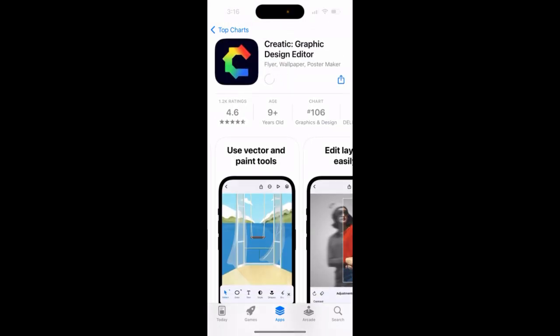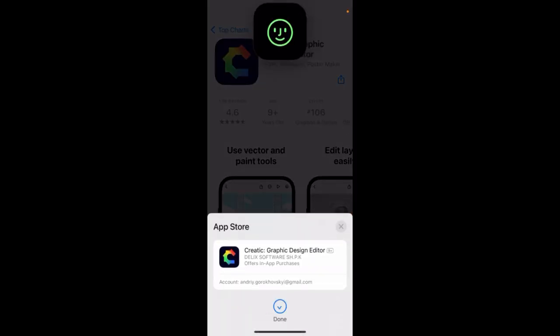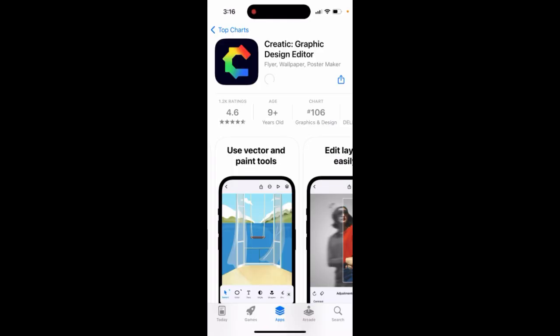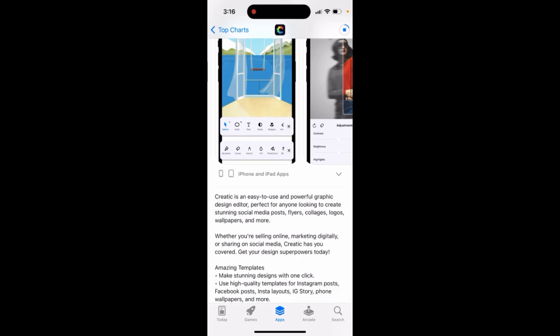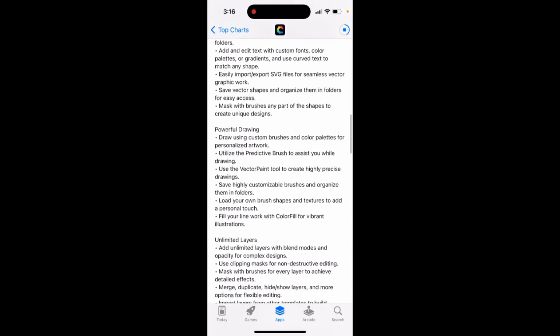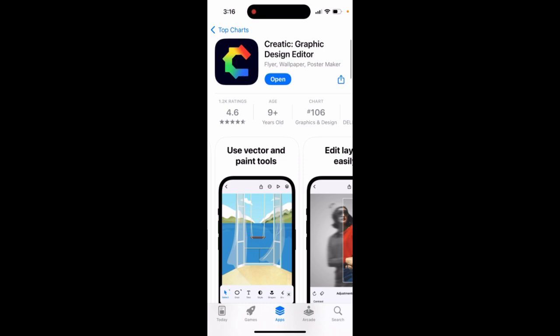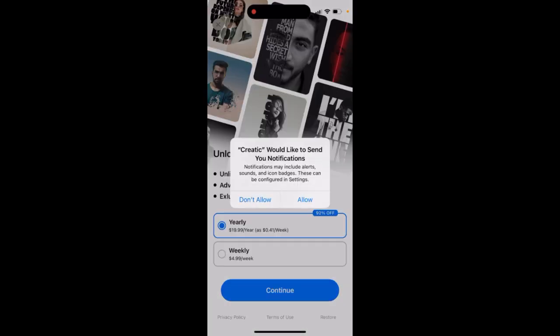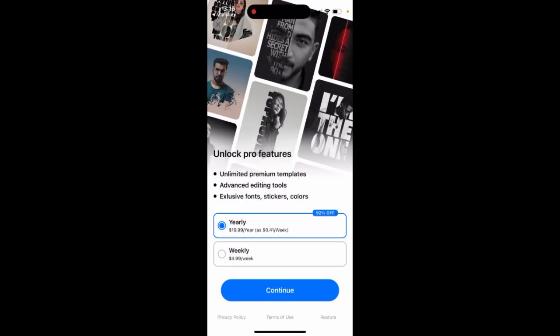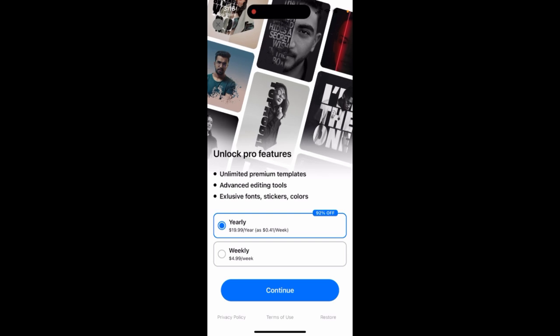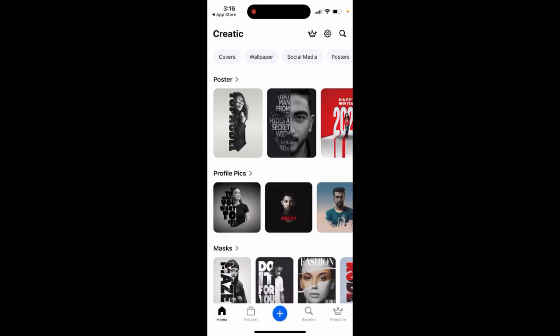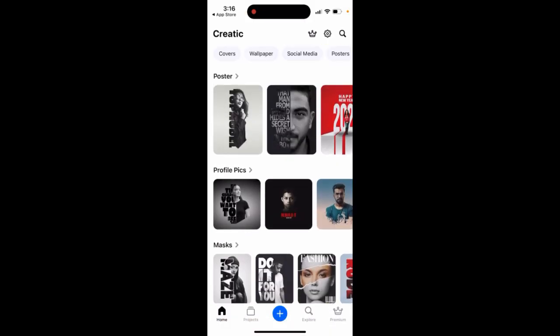So here you can just tap get and then just double click to install it in here. And then you can just see it like that. So yearly $20 per year, weekly $5 per week, and then you can just create all of this like profile